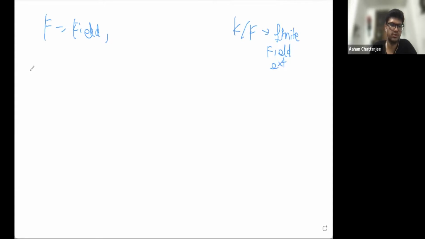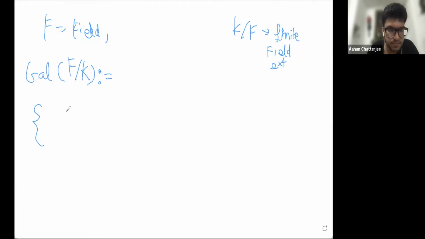So we define what is called the Galois group of K upon F. This is called Gal(K/F). So the way this is defined,